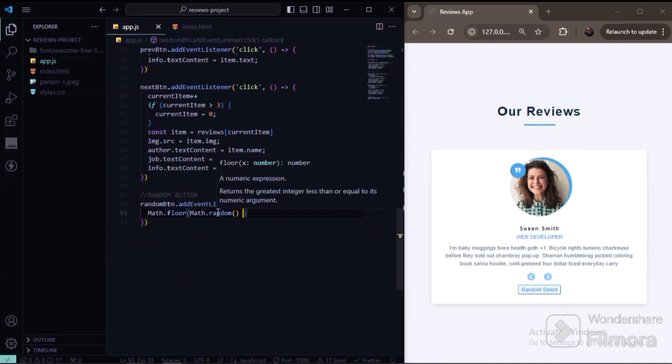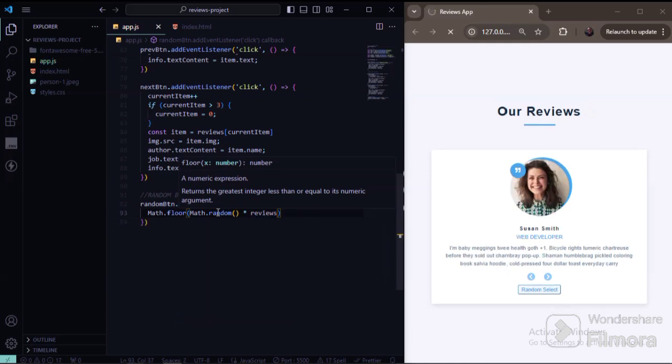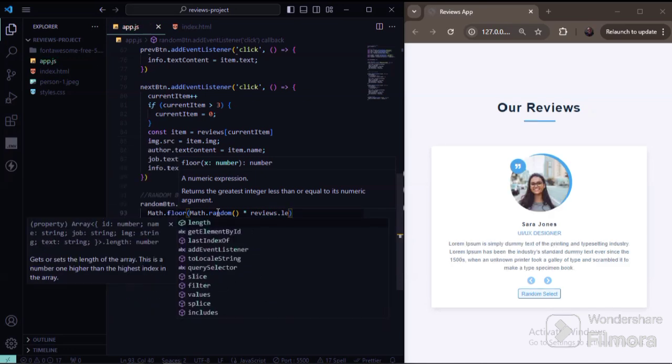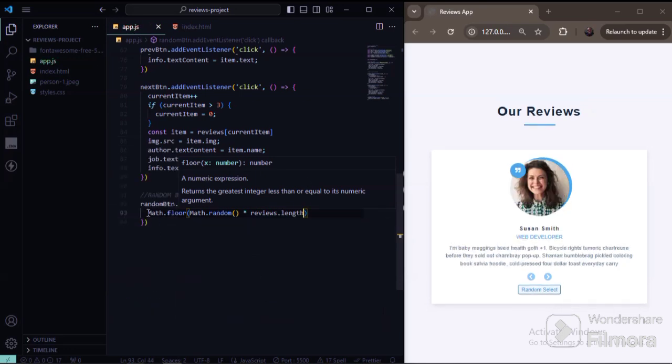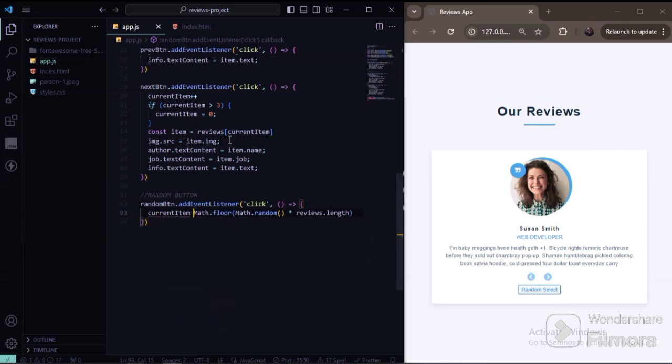We'll be multiplying this by our reviews.length. Okay, so we need to assign this to our current item. So we are assigning a random number to our current item,